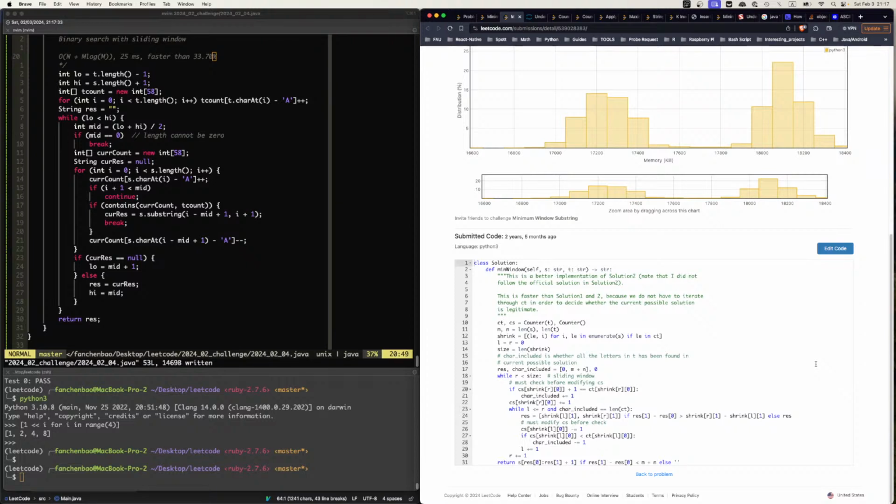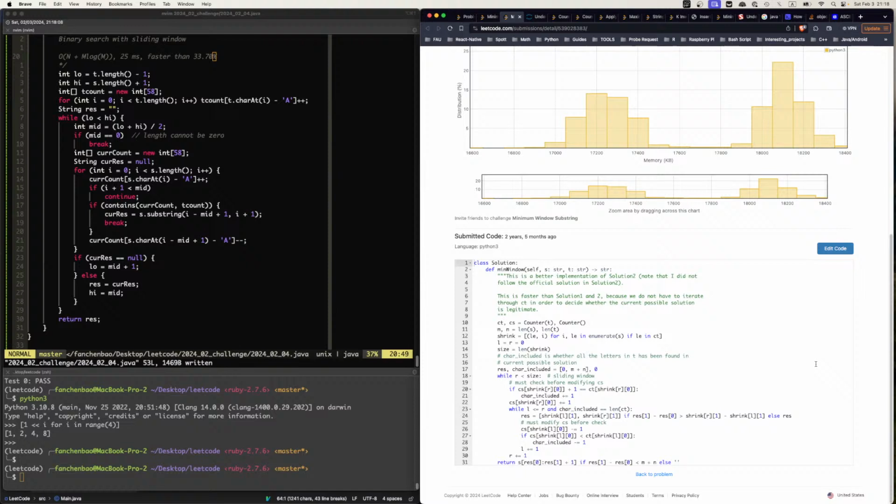Okay, we record all the occurrences and their indices, and then we have a size. So we do sliding window to go through all the shrink, because shrink represents all the letters that are inside this count. Okay, so we just go through this,